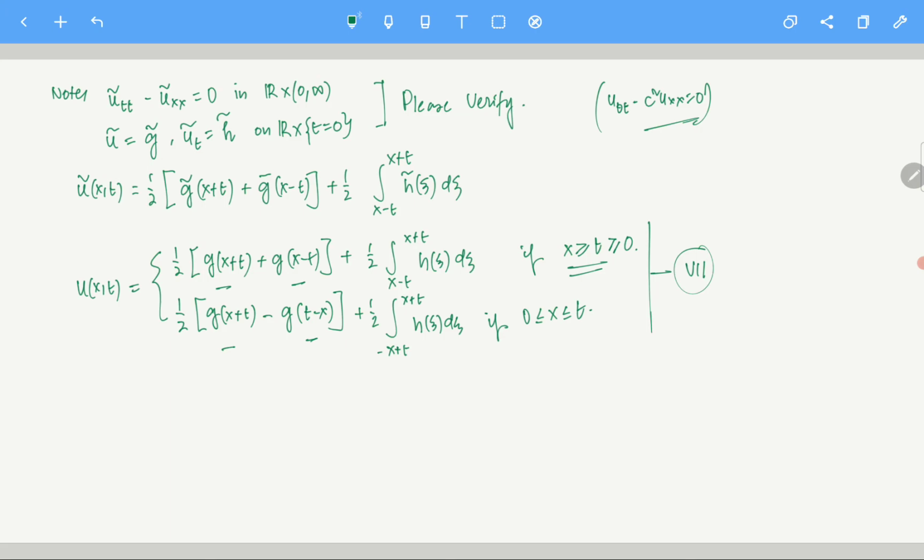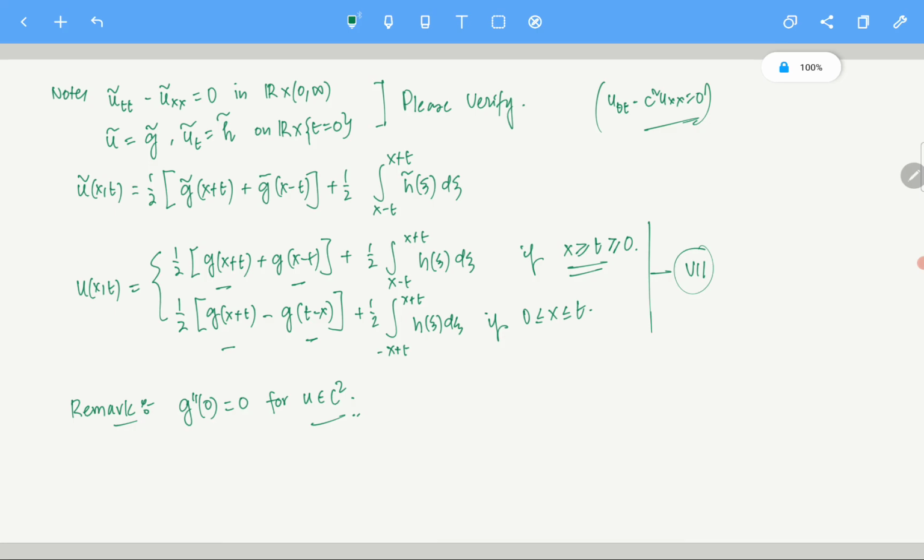Now one small remark, and then we are going to end this small video. Note that g double prime of 0 we are assuming to be 0, for u to be in C2. I want my u to be in C2. For u to be in C2, g double prime of 0 has to be equal to 0, because otherwise it won't match here. So this condition is required. Please remember this.